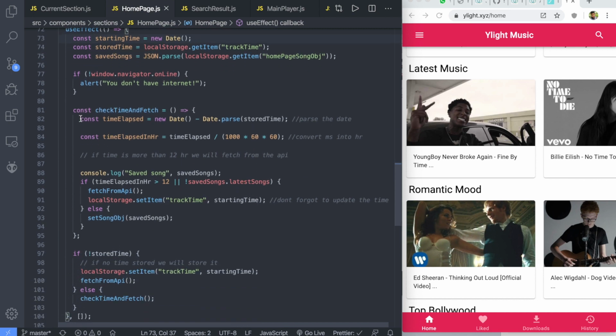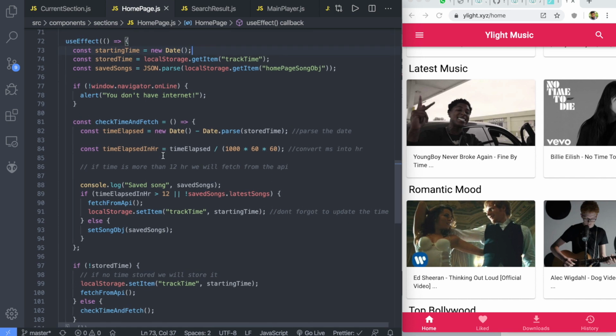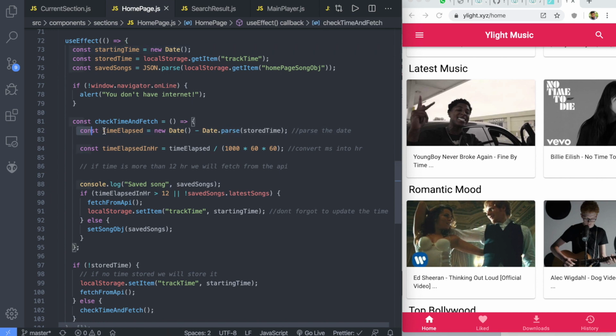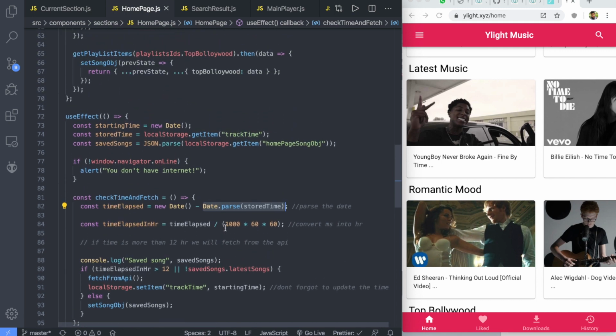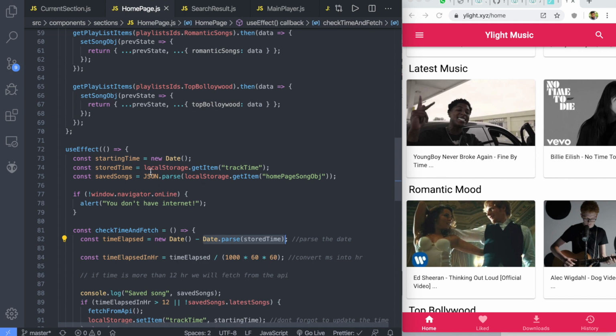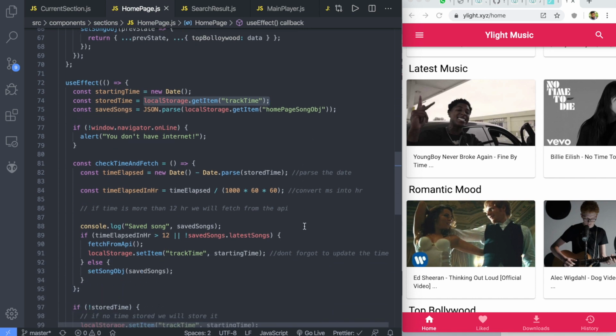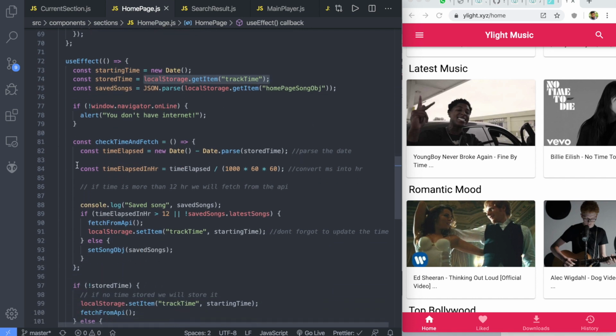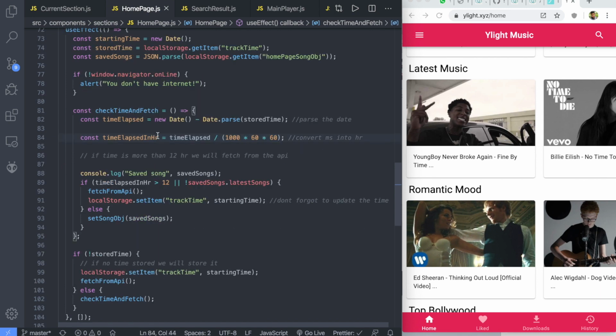And here, as you would have seen, I am also deleting the track time, because we are calculating the time elapsed, the current date minus the Date.parse of the stored time. And where is the stored time? Yeah, here we are getting the track time, so whatever time we fetched it, and again in 12 hours we are going to fetch this, and we are converting the time into hours. So as you can see here,